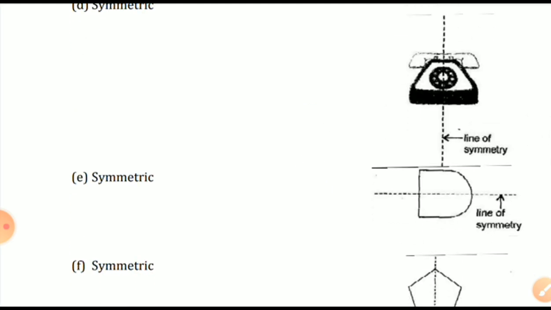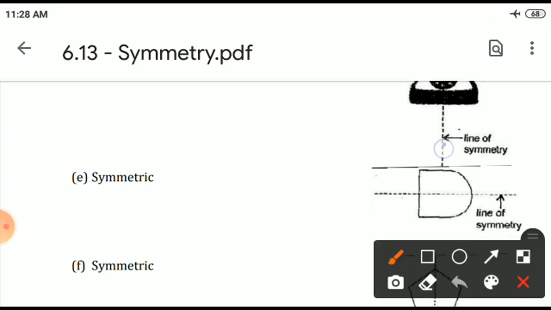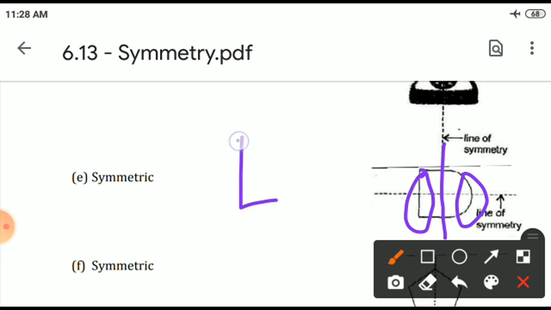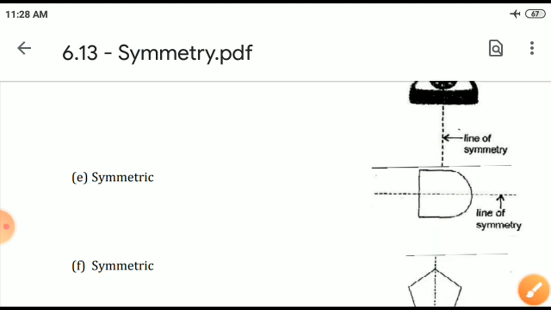And what about the D? Vertical is not possible. How? See, if I draw the line here I will find a rectangle, but here I find a rectangle with a rounded shape. So the left side I will get this way, and the right side this way. Sorry, both parts are not equal, isn't it? That's why this is not vertical.